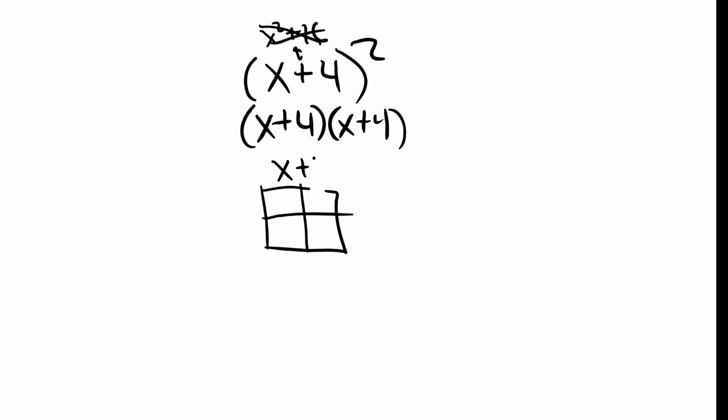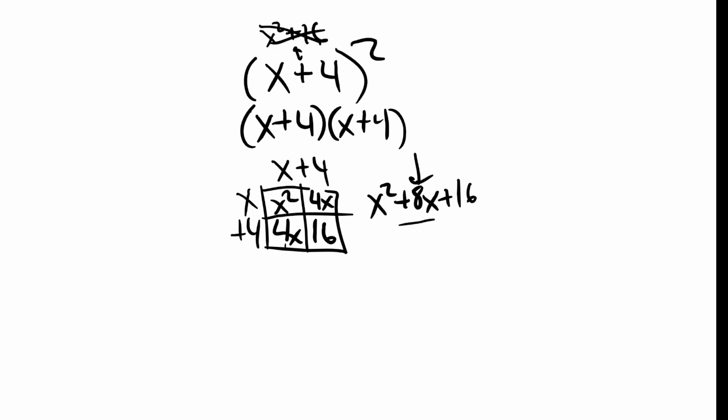x plus 4 times x plus 4 is x squared, a 4x, and a 16, which gives us x squared plus 8x plus 16. And so that middle piece is the really important part. I can tell that you made a mistake, like the killing puppy mistake on my board, if you don't get that middle term when you square. If you want to get no middle term, remember it takes a pretty specific circumstance, and that's, our boy,